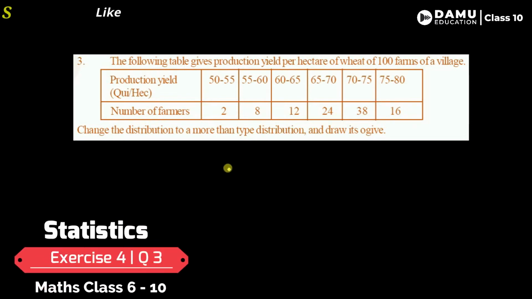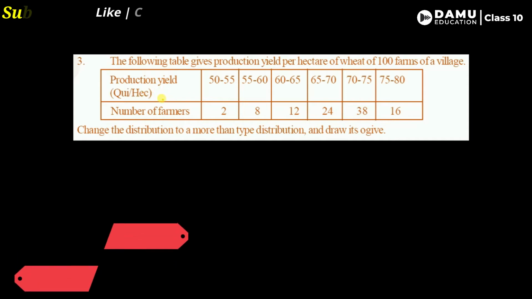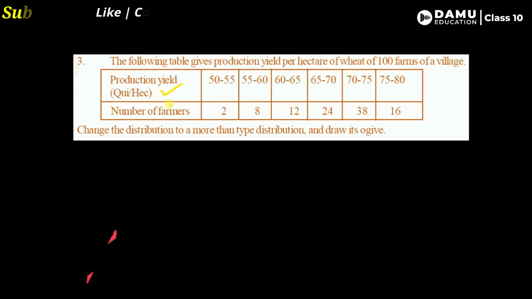So in this session, we are going to discuss our next question. The following table gives production yield per hectare of wheat of 100 farms of a village. The production yield is given in quintals per hectare. The number of farmers for 50 to 55 quintal per hectare, how many are there? 2 farmers are given. So they can get the production yield like that. Change the distribution to more than type distribution and draw it